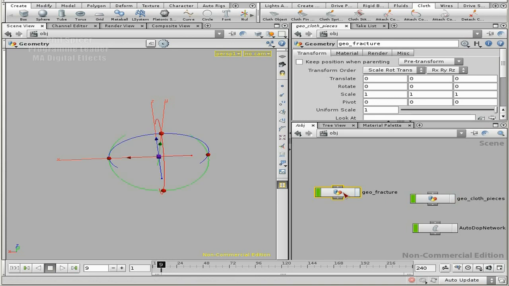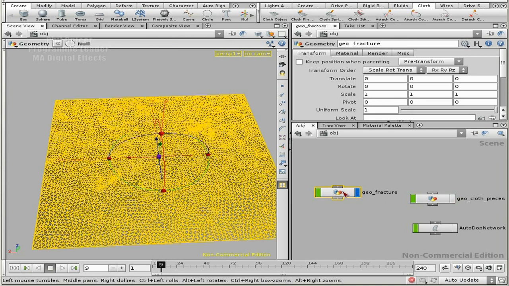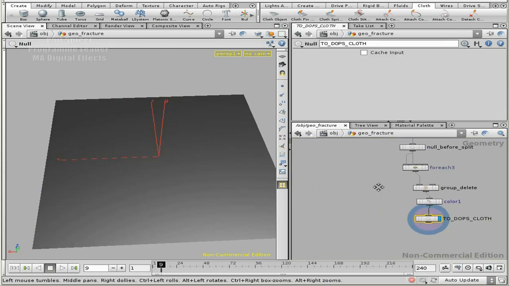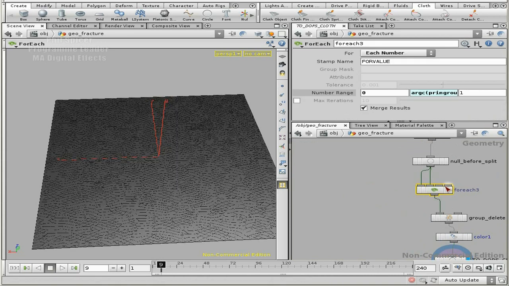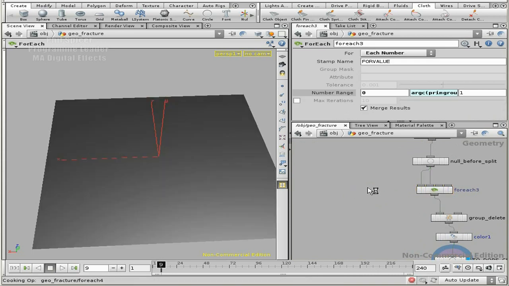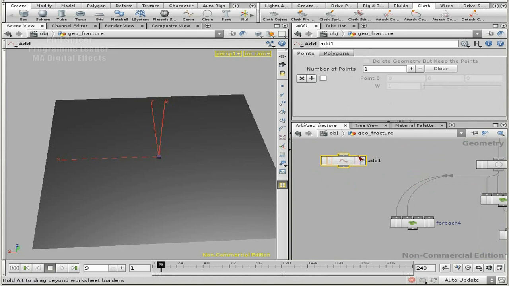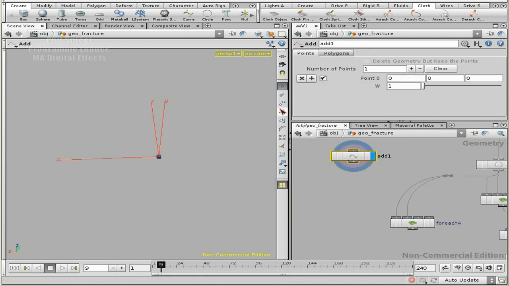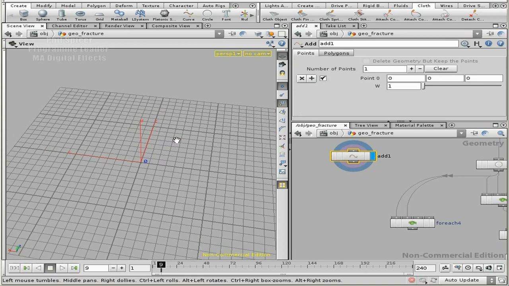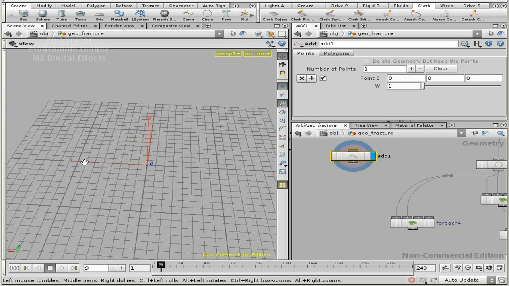I'm going to turn that off, and let's turn that on and go inside. First of all, I'm going to copy a new for each of this, so just copy and paste, right? And let's create a new point that will be orbiting around the origin. So add a new point, let's make it visible. Okay, so there's my point, there's my grid, and what I want is for it to sort of start rotating